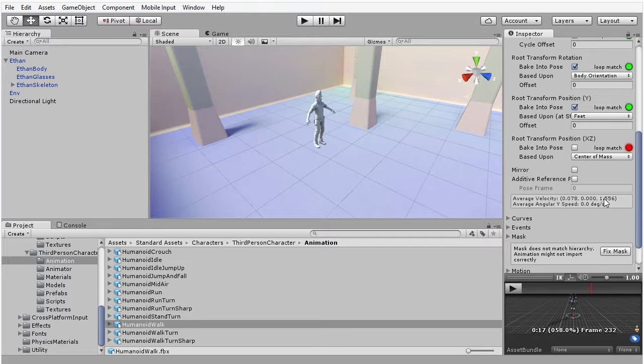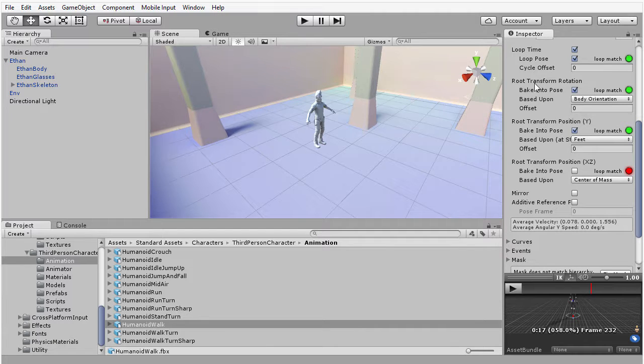And you can see that we have indeed the character walking forwards, and so we have Z displacement. But you will see that for the X component, we also have X displacement, which is offsetting the character along the X-axis, that is, the local X-axis, and we don't want that. To eliminate this displacement here, what you can do is move up here to the root transform rotation section, make sure that a tick is put inside bake into pose, and then for the offset setting, you can increase or